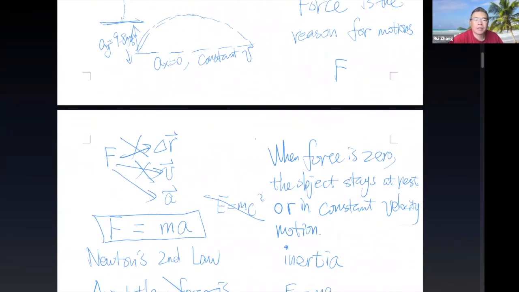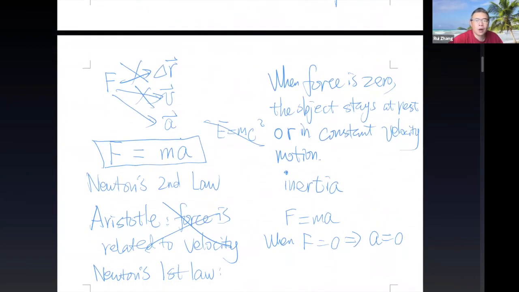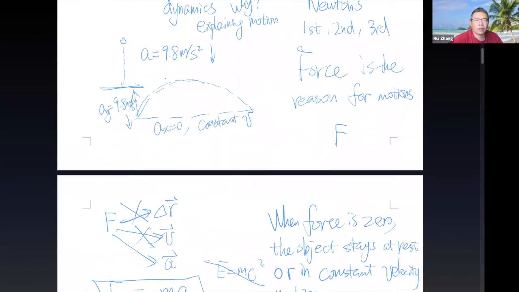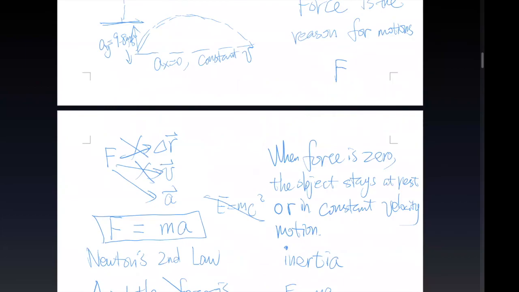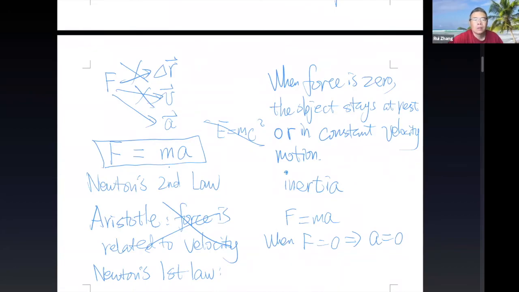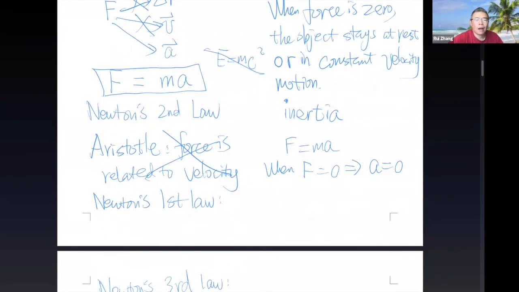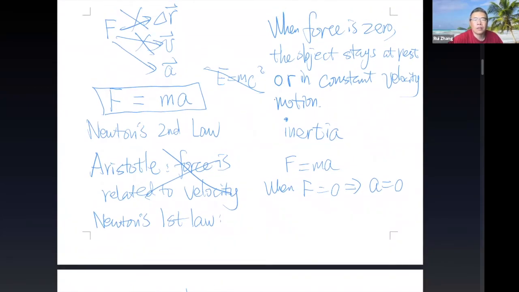Based on some simple argument and simple demonstration, we conclude that force is only related to acceleration, not to the other two kinematic quantities we learned from chapters 2 and 3. And then we say there's a simple relation between them, F equal to ma. This is called Newton's second law, and there's also the first law saying that when there's no force, the object stays